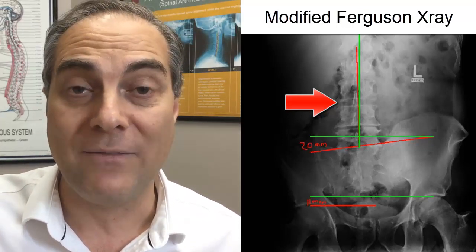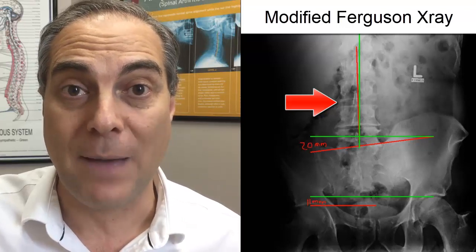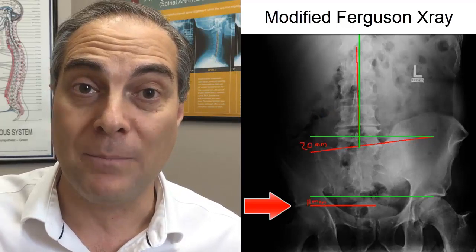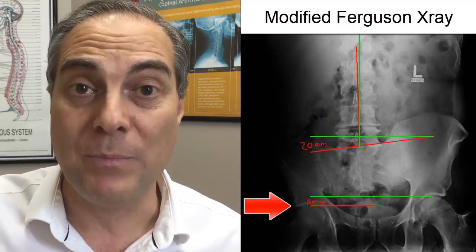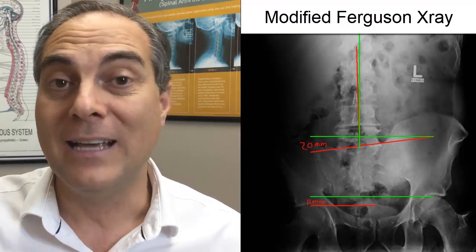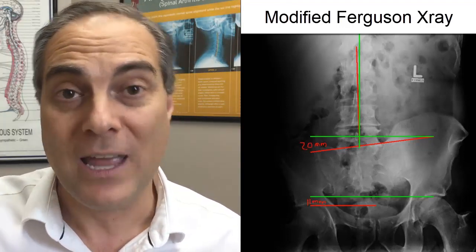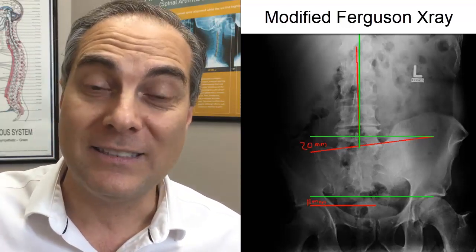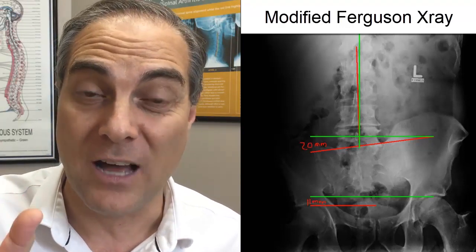And that can be a major problem for the L4, L5 area and L5S1 area, causing damage over time and leading to disc injuries and also pain. And if there's an anatomical short leg, that can be a contributing factor to the sacrum being unlevel. Sometimes the sacrum can be morphologically unlevel, just the way it's been designed. Sometimes there's an anatomical short leg. Either way, that X-ray called the modified Ferguson gives me an idea of how much of a difference the sacrum is from one side to the other in terms of its off levelness.